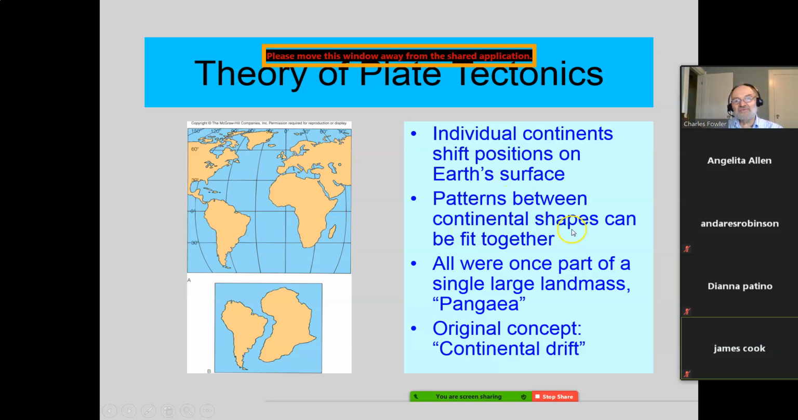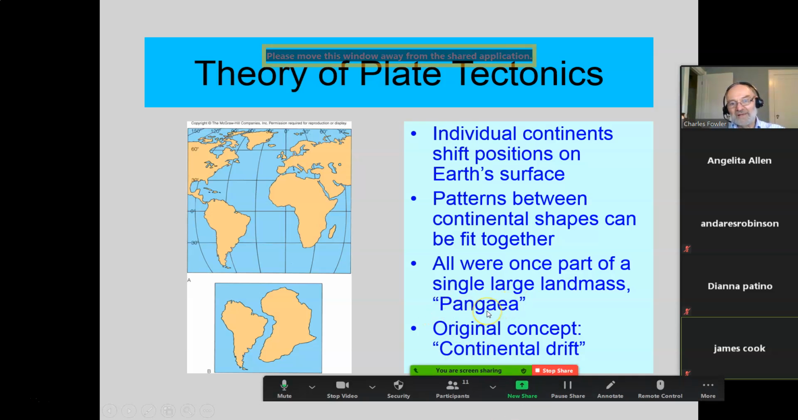The patterns between the continental shapes could be fit together. Of course, there's some twisting going on here too. All were at once part of a single large landmass called Pangea. Now the Gea part here is the same root as geology, geography. That means earth, geo, earth. Pan is just like pandemic, covering the whole thing. The pandemic is all over the earth. It's not in just one certain country. It's not an epidemic. It's not something that just a lot of people catch. It's people all over the place catching it. Well, this is saying throughout the entire earth,